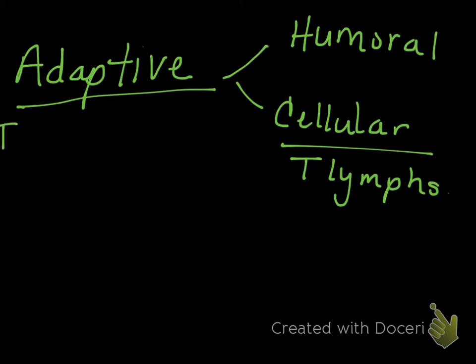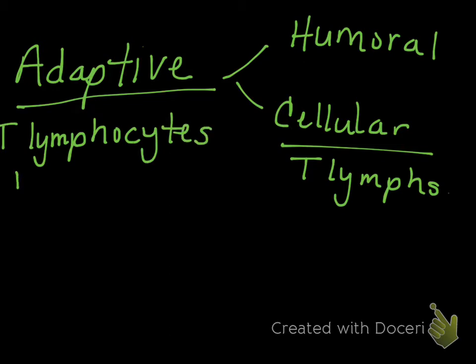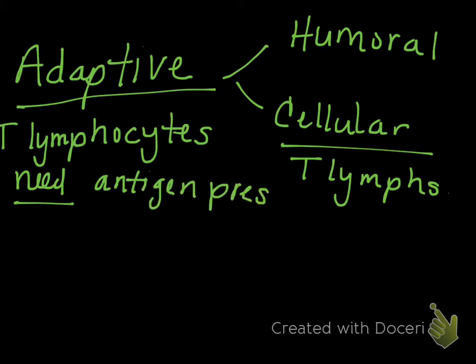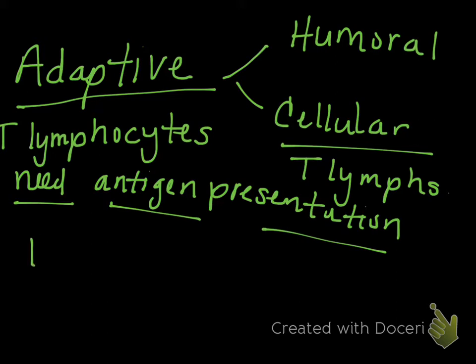So T lymphocytes need antigen presentation. They absolutely have to have the antigen presented to them. And it can be presented to them in one of two ways. We have two different classes of antigen presenting cells. We have what I like to call professional antigen presenting cells and amateur